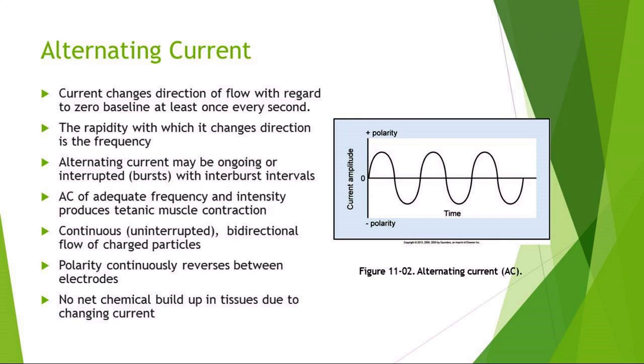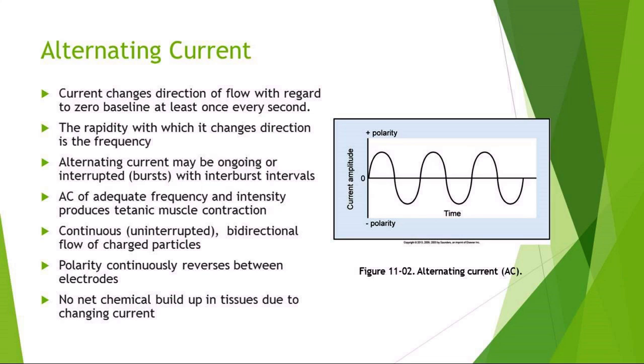Alternating current is a continuous sinusoidal bidirectional flow of charged particles. Alternating current has equal ion flow in each direction, so there's no net charge within the tissues. So the current changes direction of flow at least once a second, so that the rapidity with which it changes direction is